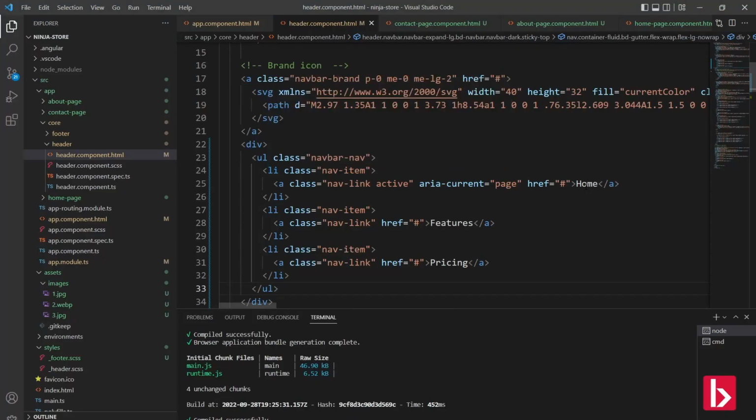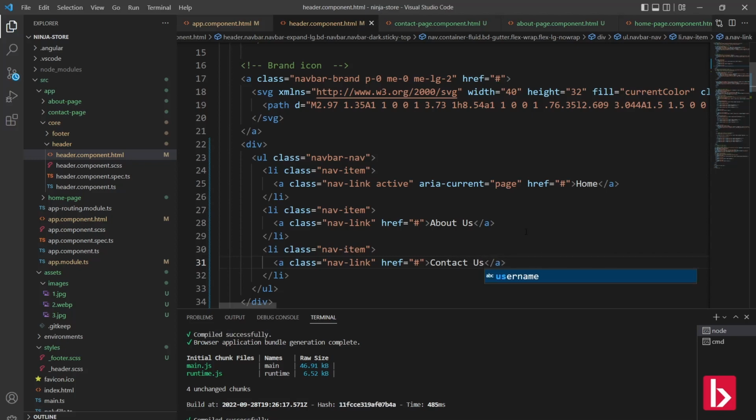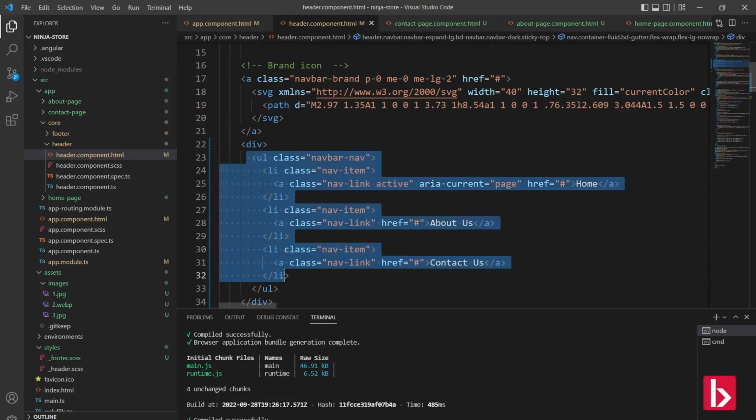First we need to change the names of these buttons. This name is about us, and this button's name is contact us. Okay, I have saved. Since we have built our buttons, next we have to